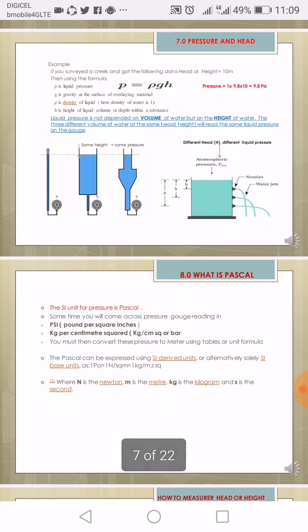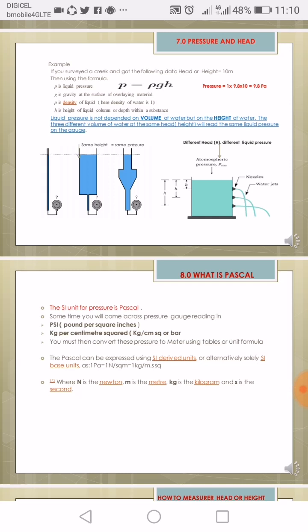Now this is the next slide, pressure and the head. Example, suppose you serve it on the creek, and you have a 10 meter head. You use this formula: liquid pressure is equal to rho g h, which is density times gravity times height. So you take 1 for the density, times 9.8 times 10. There is no need to waste time putting in 1, because 1 times 9.8 is 9.8, so use 9.8 as well, because the density of water